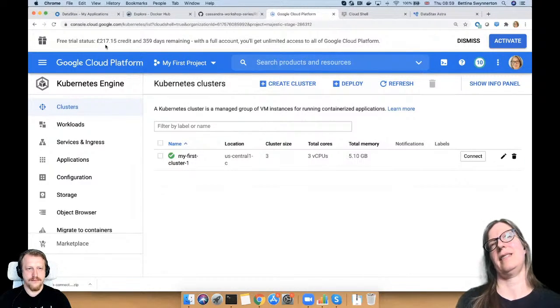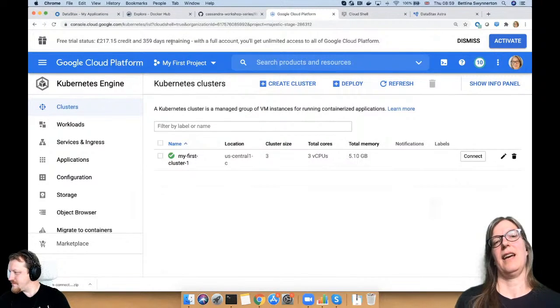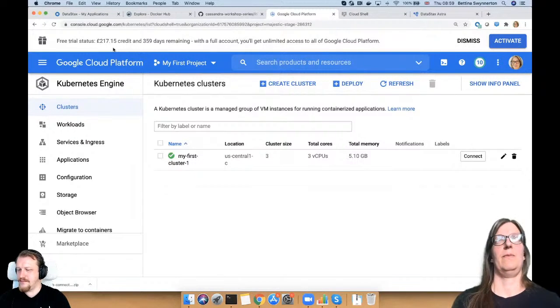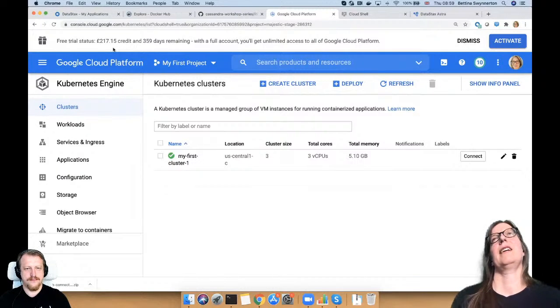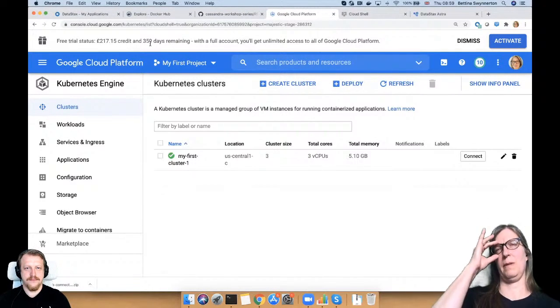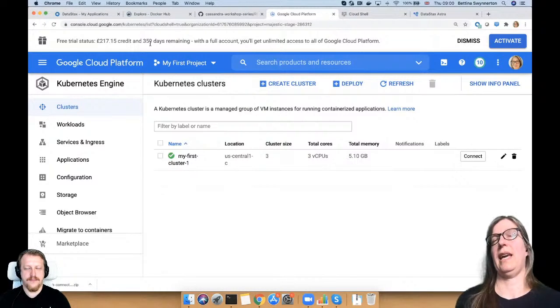In the 6 days since I started, I've used up about £13 with my various experiments. This didn't cost me anything because it's my free credit. But obviously, if that runs out after I've used up all the credits, or after a full year of this kind of experimentation, then you would have to pay, right?